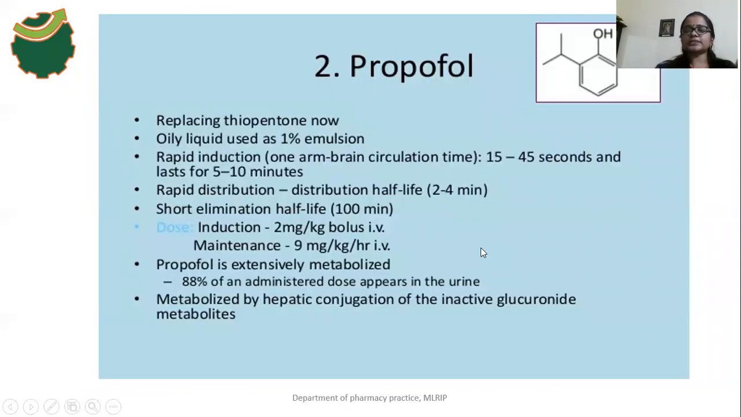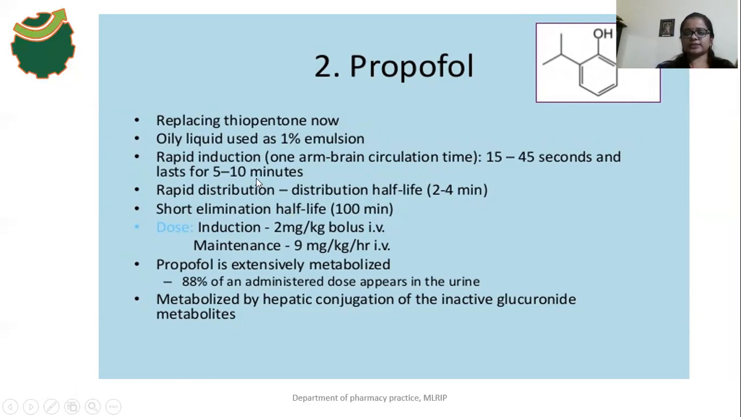And the second drug is propofol. This propofol is replacing thiopentone now. It is an oily liquid, used as a 1% emulsion, and rapid induction occurs. It takes only 15 to 45 seconds after injection of this drug. The anesthetic effect occurs within 15 to 45 seconds, and the duration of this anesthetic effect is what, 5